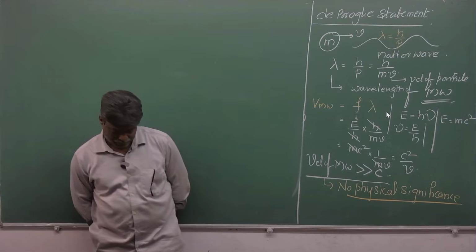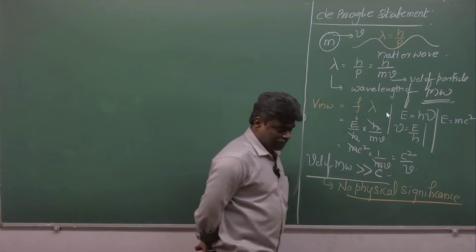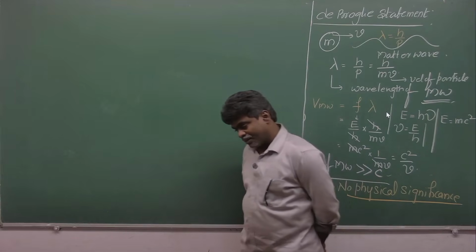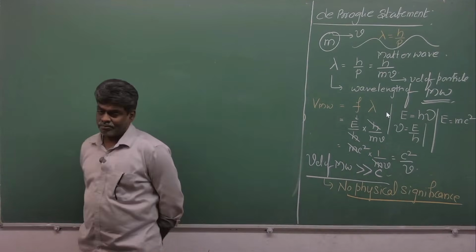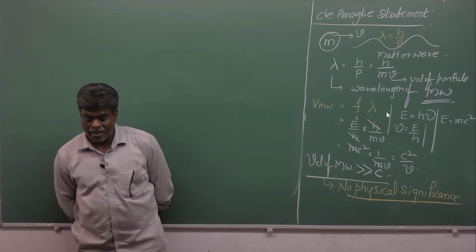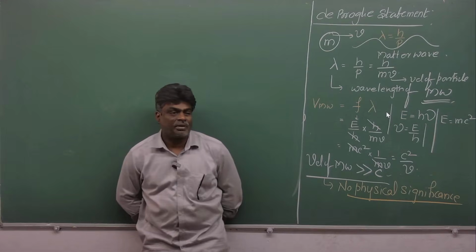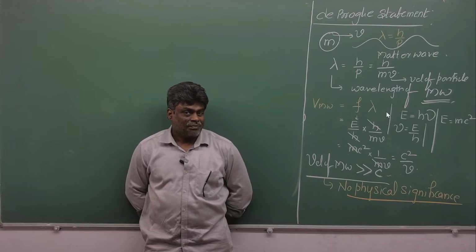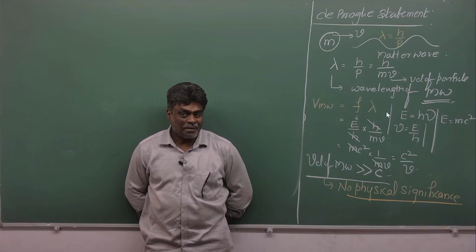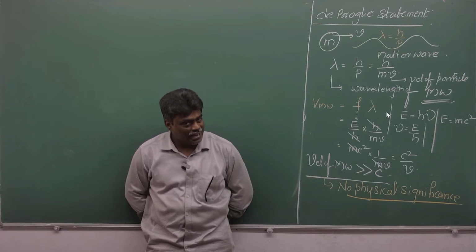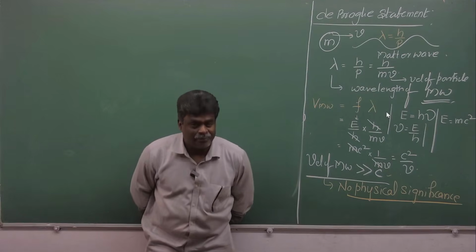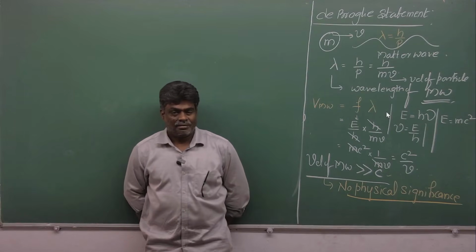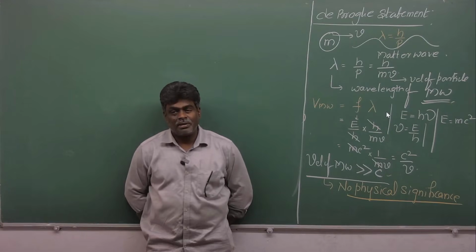Matter wave is neither EM wave, electromagnetic wave. Tell me why it is not EM wave? If it is EM wave, it must travel with c, but it is not traveling with c, it is traveling with more than c. That's why it is not an EM wave. Neither EM wave, in bracket velocity is greater than c, and you will understand later,